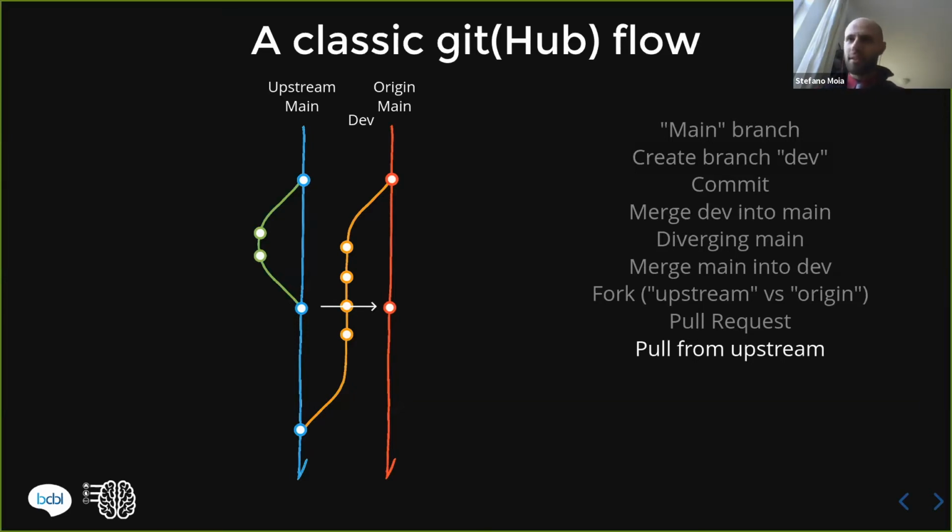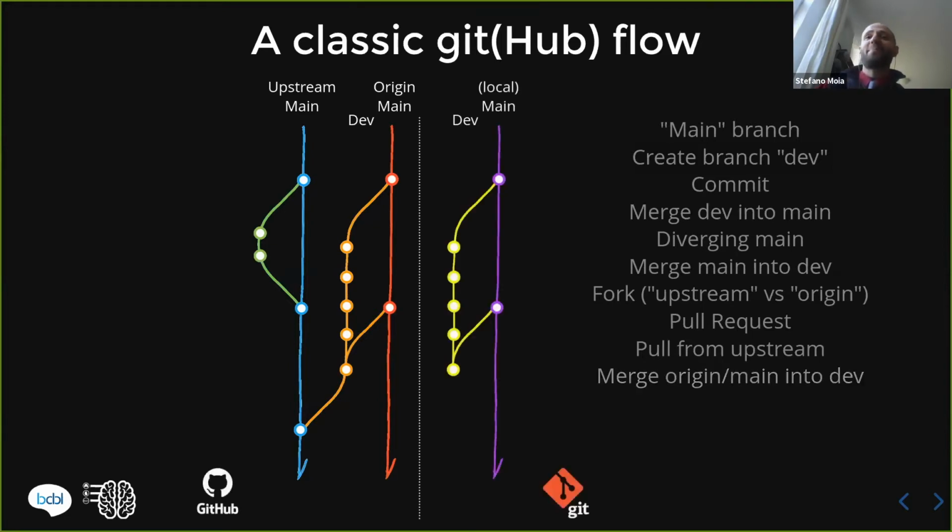And again, if there's nothing wrong with them, if there's no conflict, fine, nothing is going to happen. But if there's some conflict, we have to resolve it. And as we were doing before, we have to merge our main branch in origin into the dev branch, fix all the little things that have to be fixed, and then we can go on with our pull request. And I hope it's clear up until now, because I'm going to add a little more complication again.